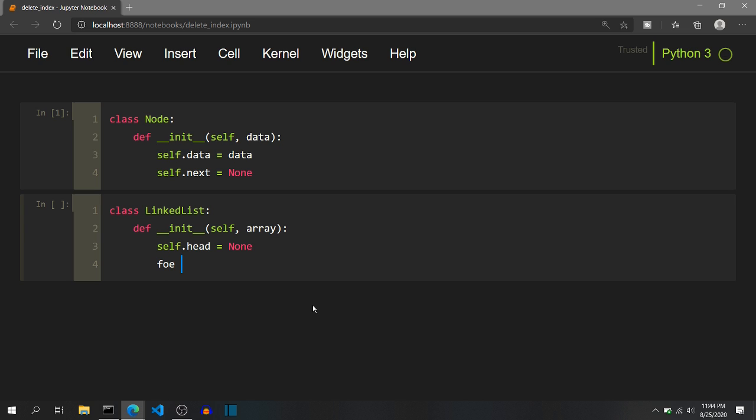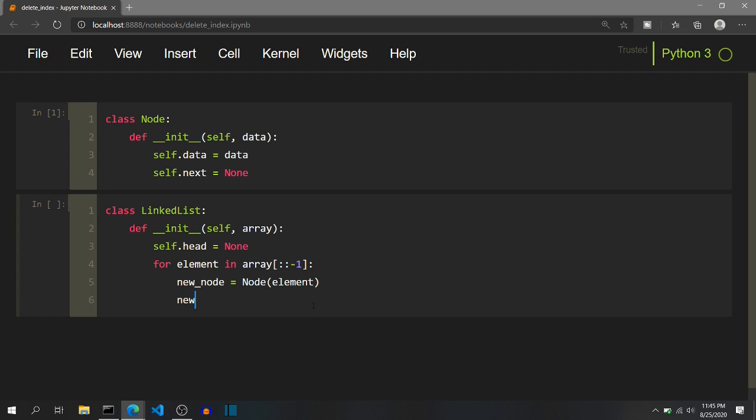And we will iterate for element in array, and as we are appending the array elements to the beginning of the list, we need to traverse the elements of the array in reverse, so that the order in the array is preserved in the linked list as well. So we are using a slice operator, double colon and -1, like this. Inside this, we will create a new node variable and call the node constructor that we have created and pass the element that we are iterating for.